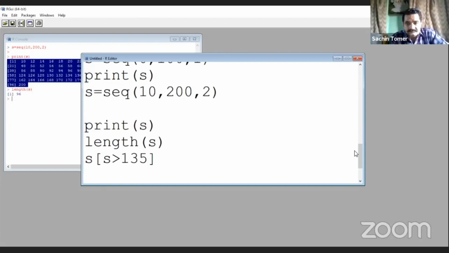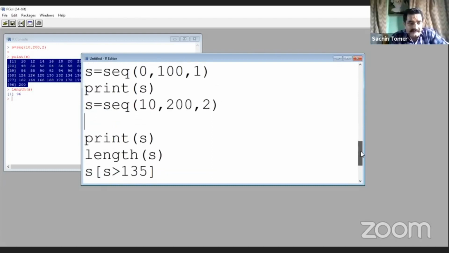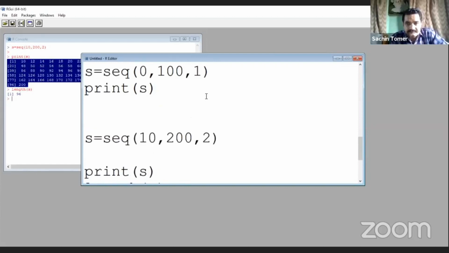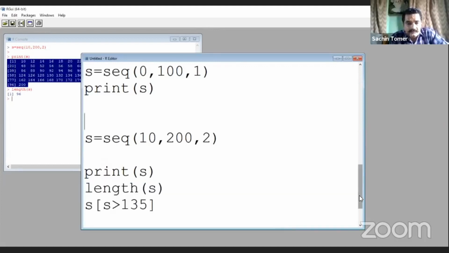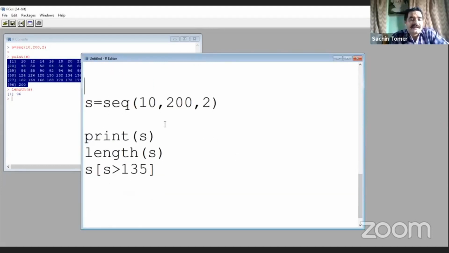Okay, let me explain once again the fundamentals of this sequence. Actually, we are trying to generate a sequence from a minimum value to a maximum value with an interval of 1, 2, 3, 4, and so on.